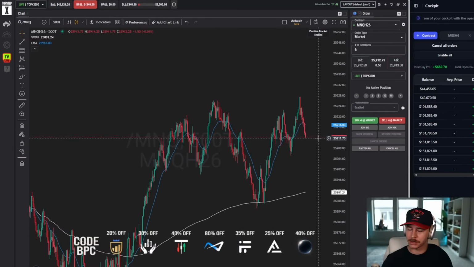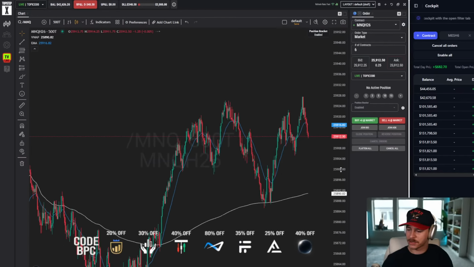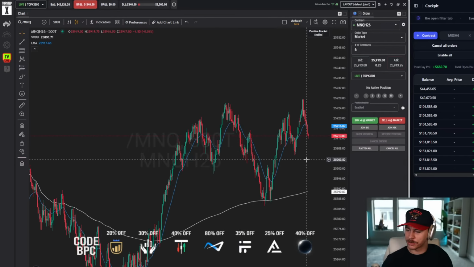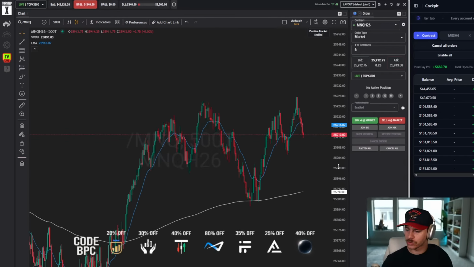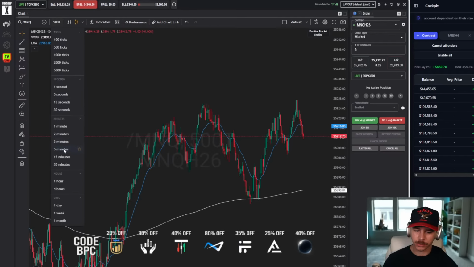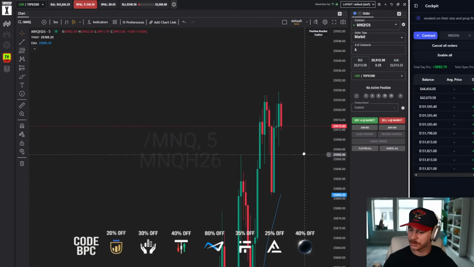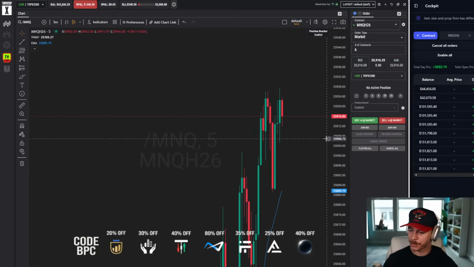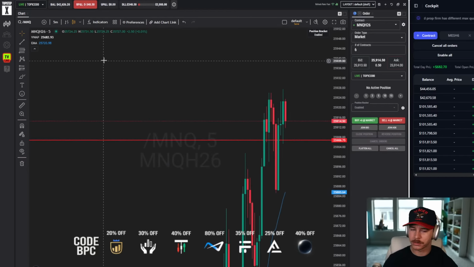I said I would maybe want to be a buyer again at like 900s. I'm okay with maybe trying to take a little bit of a range trade if we can see some strength off of 900s back to 920s, cover again. Maybe bounce off some of these wicks down here.